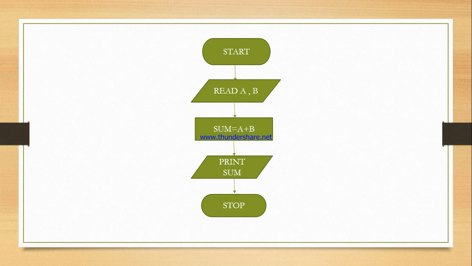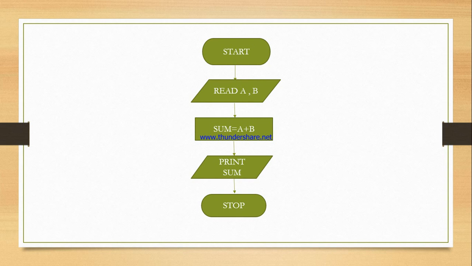Then comes your process box, which I have already explained. The process box is where the calculation is done. Your calculation is done in this process box, where it consists of sum, that is you have to add two numbers. So I have written sum equal to A plus B. A and B will be added and the value will be stored in sum. That is why it is written sum equal to A plus B. I have already shown that a simple rectangular box is a process box.